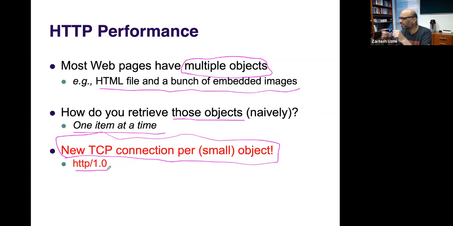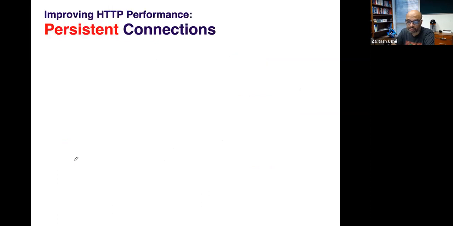The secretary, they shouldn't need to establish the connections all over again. Not in the case of HTTP 1.0. In the case of HTTP 1.0, for every HTTP request, you will need to establish a new TCP connection. Okay, so if you want to improve the HTTP performance,